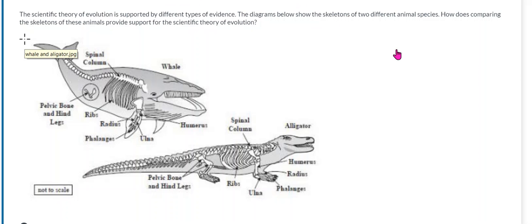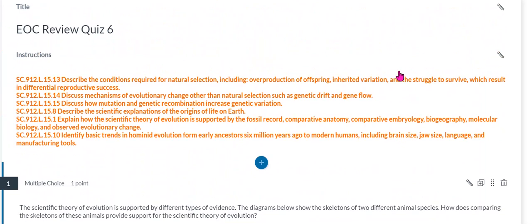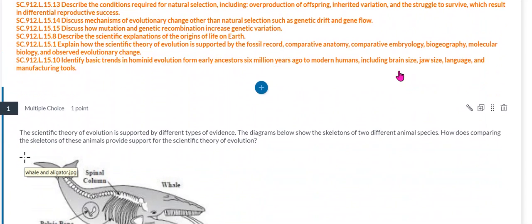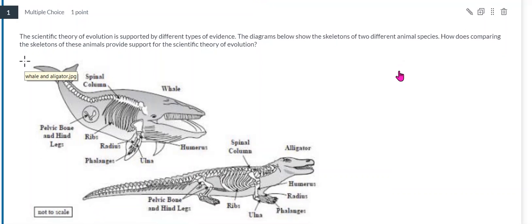Hello everyone. So we're going to quickly go over the questions in review quiz 6, which some of you might have already taken. This particular quiz covers the questions from evolution, mainly the evidences and mechanisms of evolution. So the first question that you see here